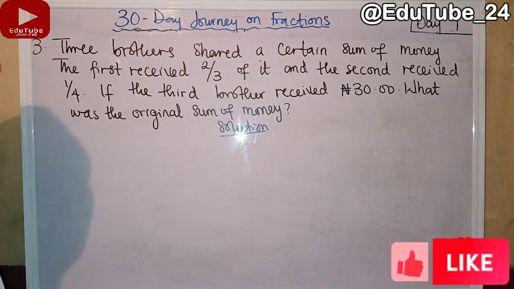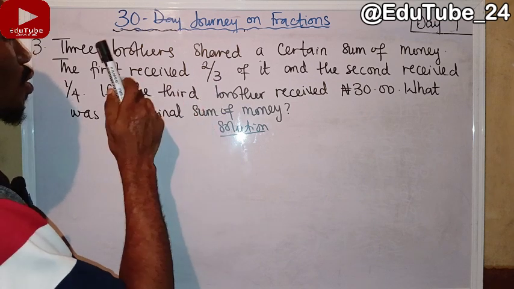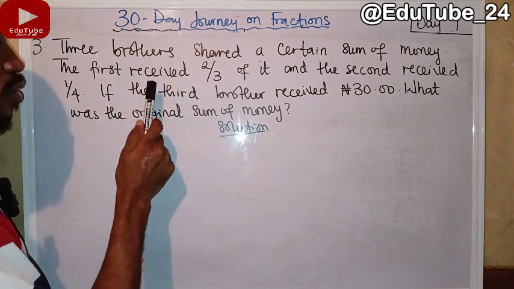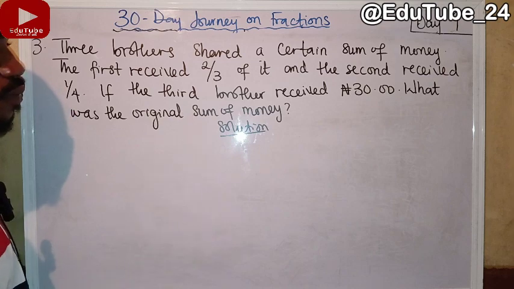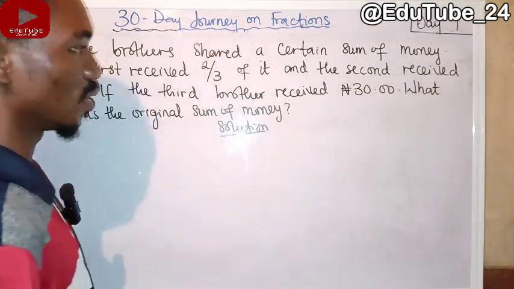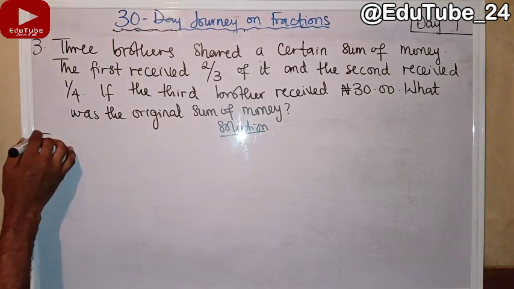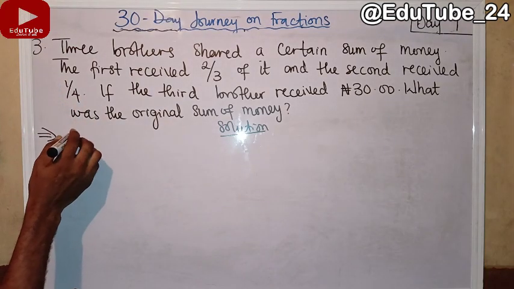So this is more or less like question number 1, wherein we are given the fraction for the first person and the fraction for the second person, but for the third person, we were given the quantity of money instead of the fraction. So what do we do? We table out each fraction for each person. So the first brother,